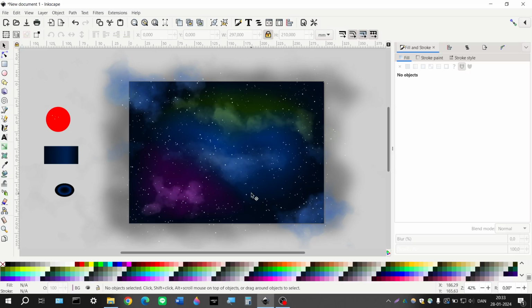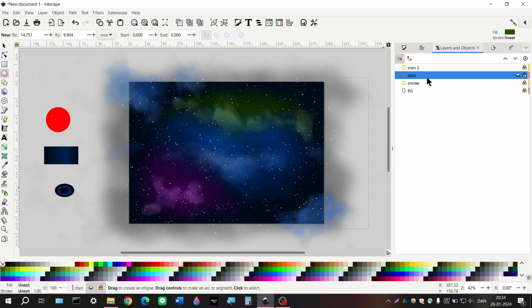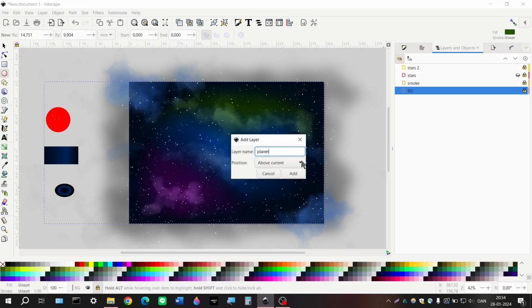I could add, oh, should I add a planet? Let's add a planet real quick. We can do a planet, surely, easily. Question is, big or small? Should we do a Star Wars Tatooine in the bottom, or should we do? No, let's do something else. We're going to have to do it below the stars, so we're going to have to do something like. Okay, let's actually do it below the clouds as well. Let's do that layer. Let's do a planet,